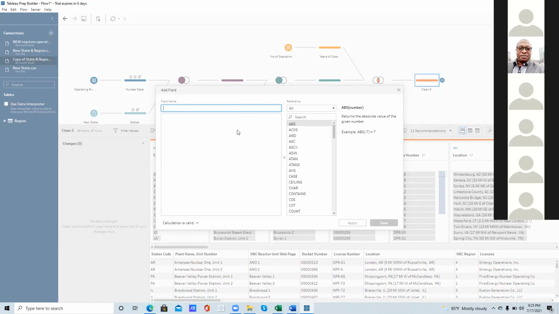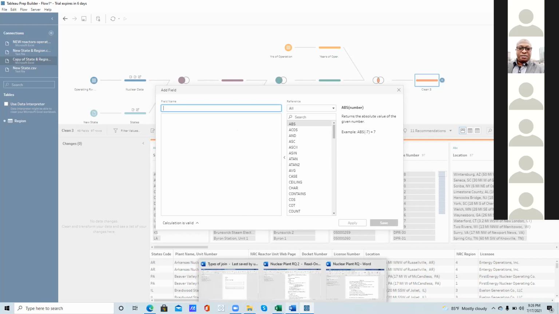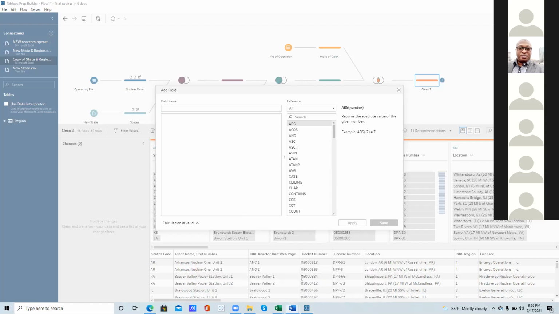If you click on the Word document, it's going to show you the requirements. Oh, it's this one. Okay.